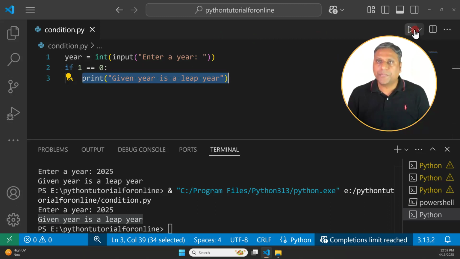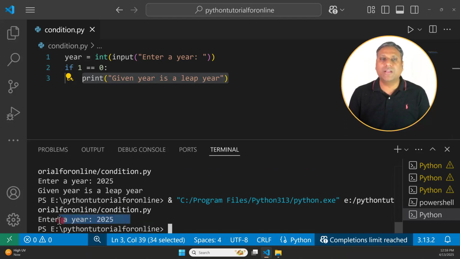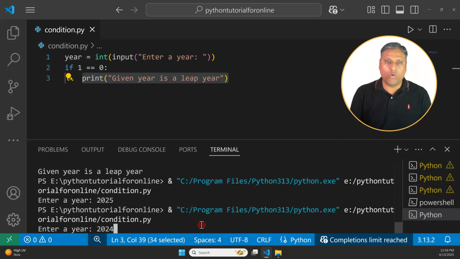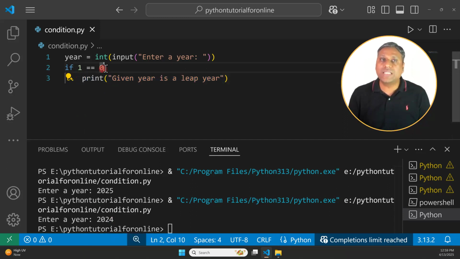Let's run it. Let's put 2025, press enter, and see, nothing is printed. Let's try with a leap year. I'm giving 2024 and enter. What happens? Nothing is printed. That means this statement is no longer working because the condition is false. Correct? The condition is false.